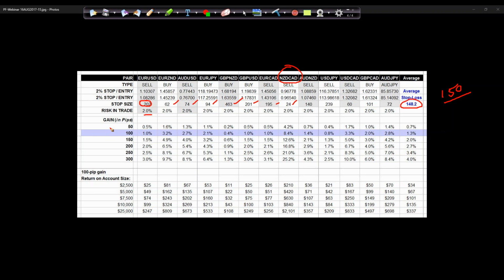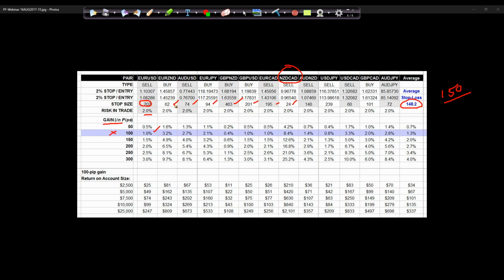Now again, we have the same thing. We can guesstimate through calculation what our return on account would be based on the number of pips we gained in that trade. And I just want to look at the 100. That's why I highlighted this field. So on this particular trade, notice we put 2% into our 202 pip stop loss. If we made 100 pips, we made 1%. Over here, because the stop loss was smaller, and I'm putting my 2% risk into that smaller stop loss, I can actually have more lots into the trade. This is how you do fixed